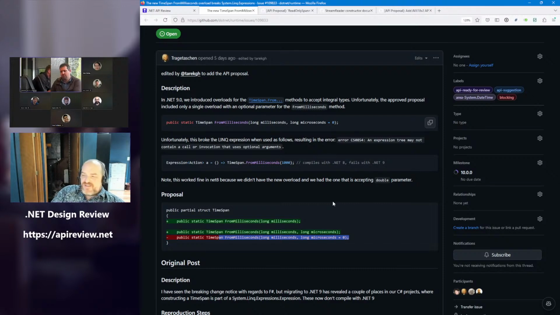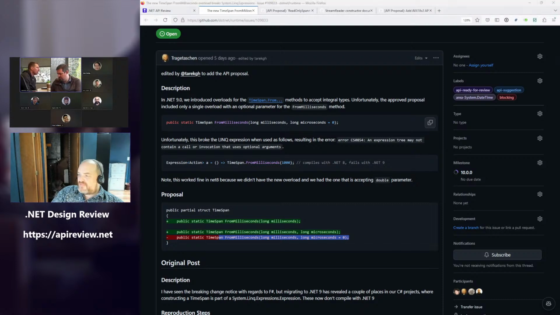Well, I think when expression trees were built, there was a time when C# didn't support optionals. So effectively, the overload resolution algorithm treats them as required parameters. That means if you only have one argument, the other one doesn't even enter the consideration. Therefore, the double one wins. I just tested it without a LINQ expression, and the long overload is winning. Yeah, because in C# it's an exact match.